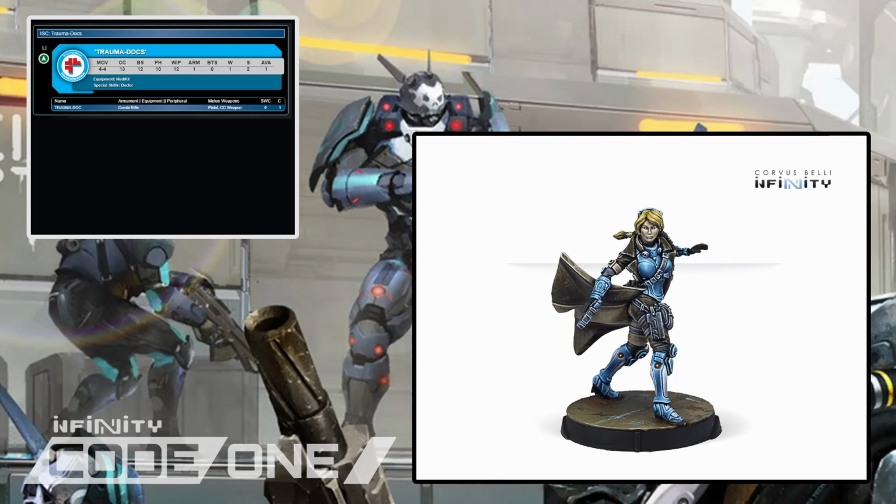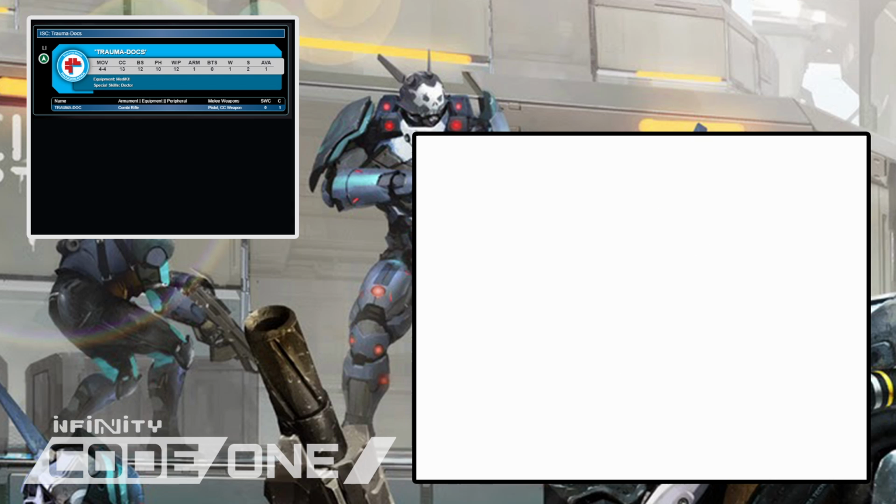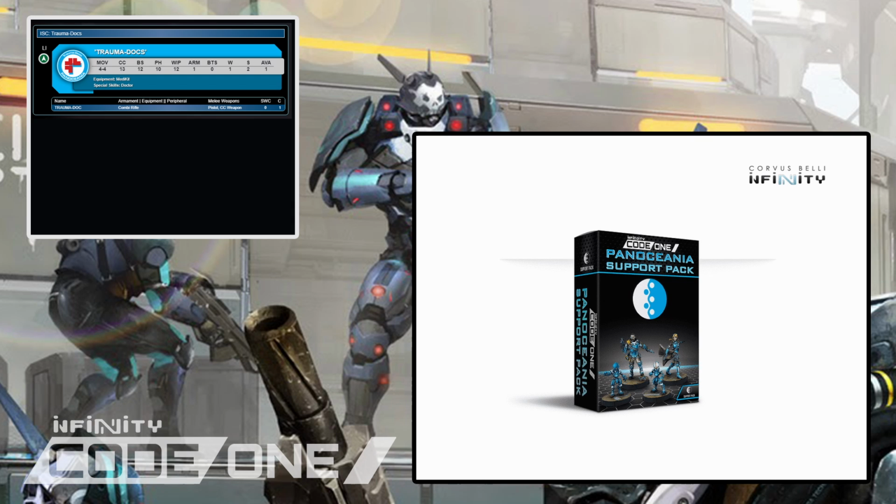Trauma Docs are Pano's cheap doctor unit with both the doctor skill and a medikit. They are honestly exactly what they sound like. A low points cost way to get some healing into your list. They're fragile, but they also add little cost to your list. You can find a Trauma Doc in Pan O Support Pack bundled with our next unit,